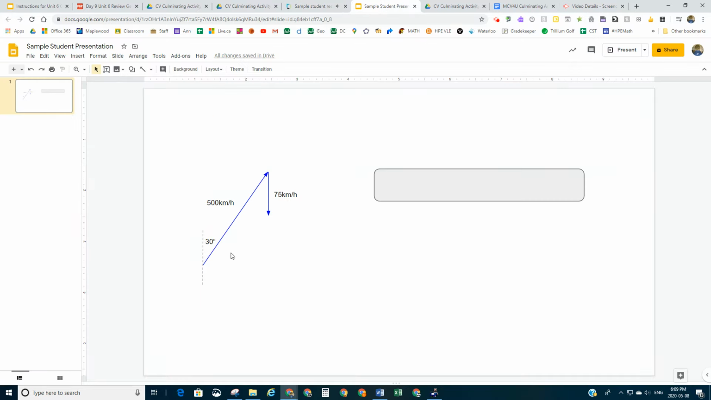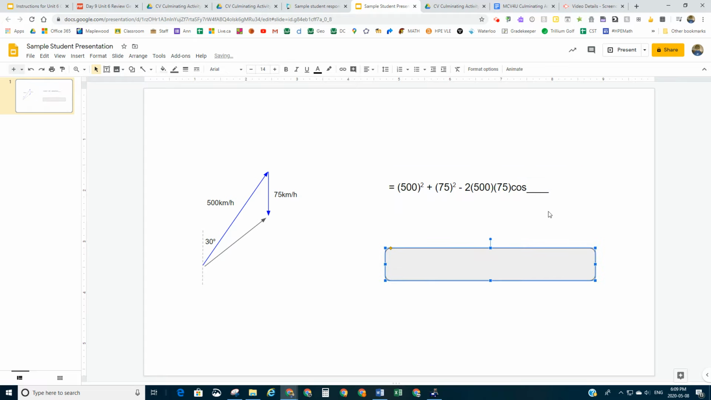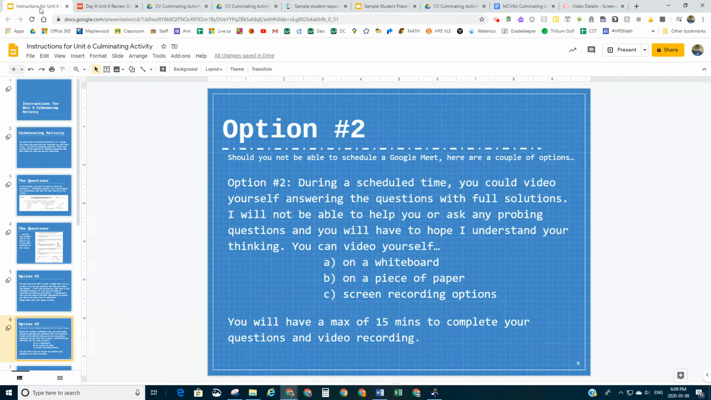Or you might set up a Google slideshow like I have here, where you write out your answer like this and then say, I used the cosine law to do it. But all of these options, I think, are going to take a lot of time. And by you just explaining it to nobody, there's no feedback back and forth. And if you're stuck, I can't really help you. So it is an option if you would prefer to do a video, but I would rather we try and